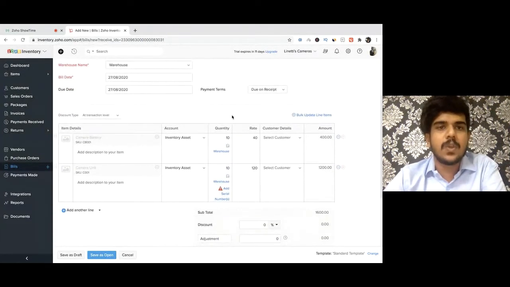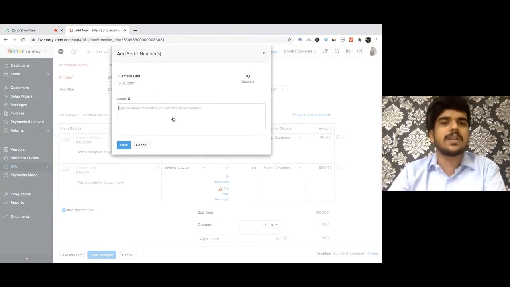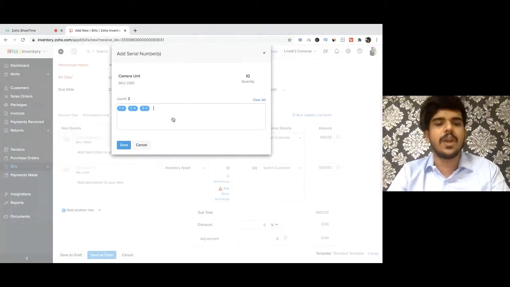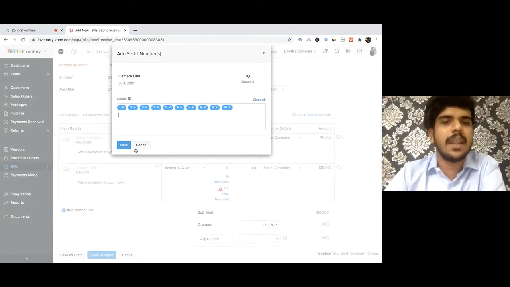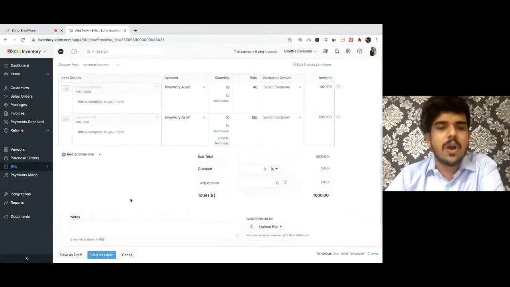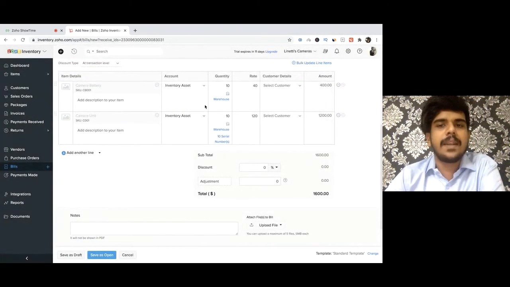If in case you have a serial number tracked product or a batch tracked product, in those cases alone, you will be asked to enter the batch numbers or the serial numbers that are entering into your inventory, so that the Zoho Inventory system can keep track of all the serial numbers and the batches that are entering into the stock. So once you have populated the batch numbers or the serial numbers for those products, you can click on save.